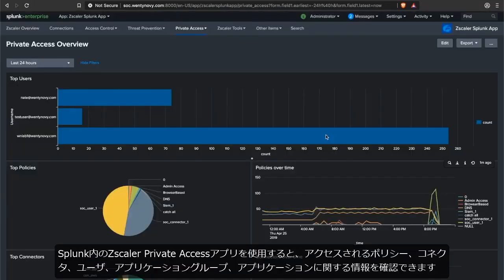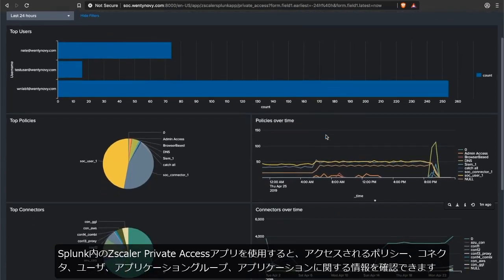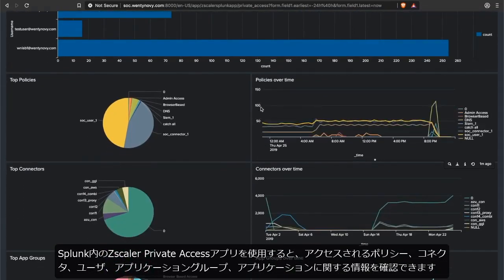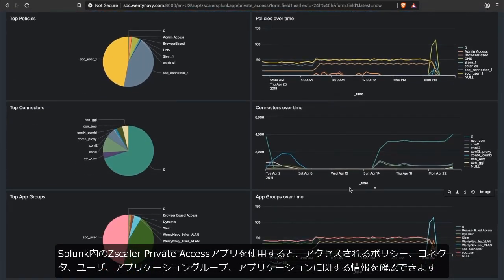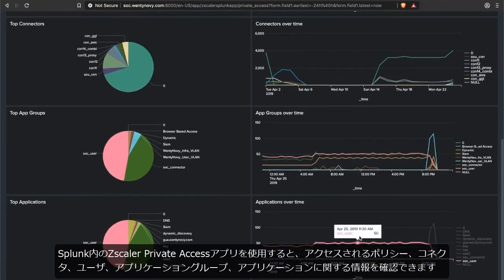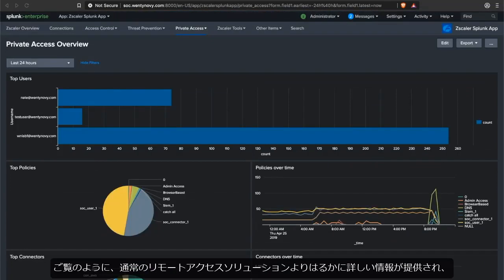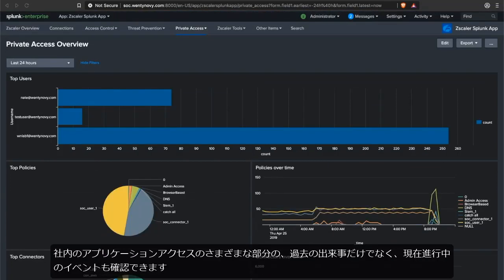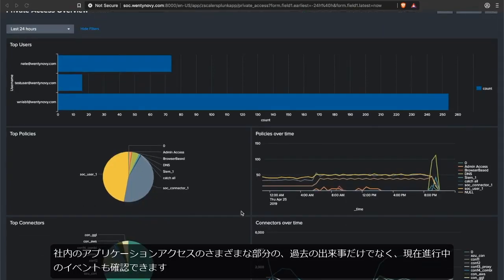The Zscaler Private Access application within Splunk allows us to see various information in terms of policies, connectors, users, apps, and applications that are being accessed. This insight is clearly more in depth than what you would receive from a normal remote access solution, and gives you the ability to see not only historically, but also actively what is going on within your application access paths